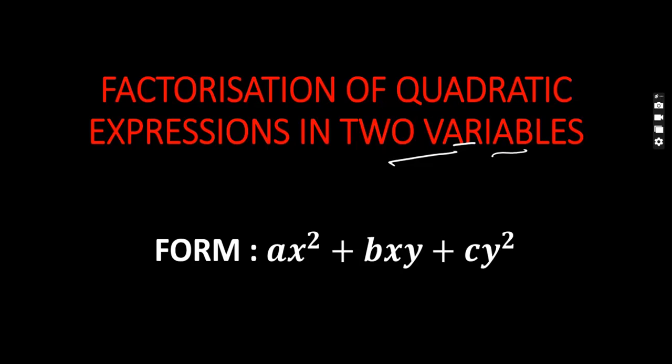To start with, let's be reminded that the form of quadratic expressions in two variables is given by ax squared plus bxy plus cy squared. The two variables are your x and y, and you have two squared variables, x squared and y squared. That's what makes it two variables. So let's move on